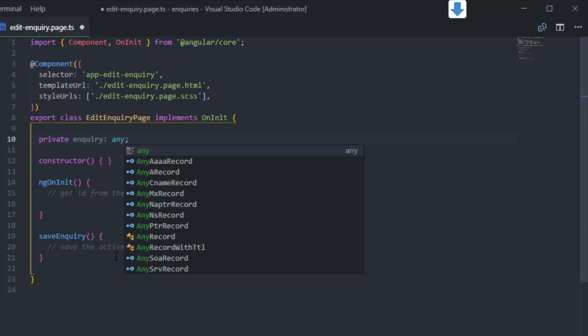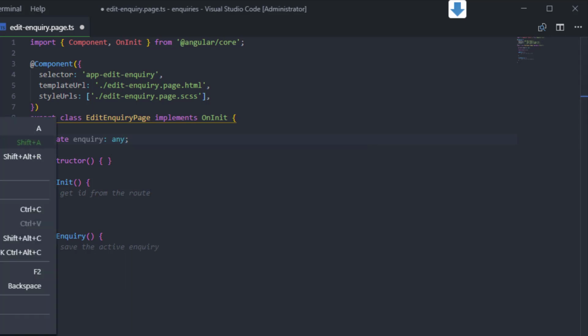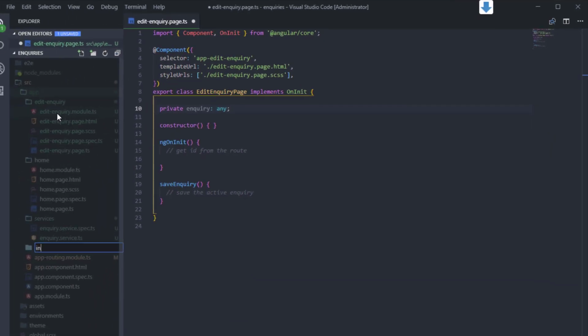But allowing us to get round that, we're going to use features of TypeScript. Now, TypeScript is, as you know, a superset of JavaScript, and it allows us to work with the thing I mentioned earlier called the interface. So we define the data in the same way as we would define a data type in C#, and we can then use that definition to make sure that whenever we use an inquiry, it fits the type that we're going to need. So in our app folder, create a new folder, and we'll call it interfaces,